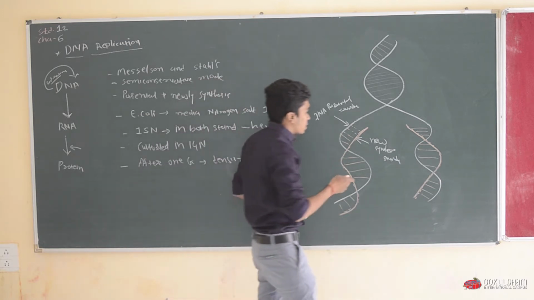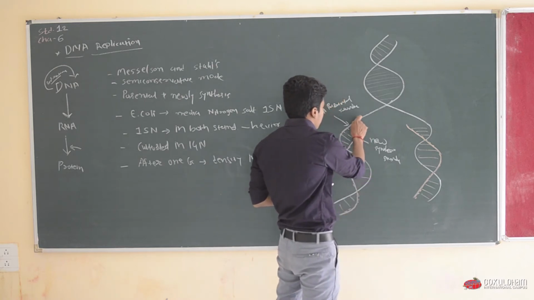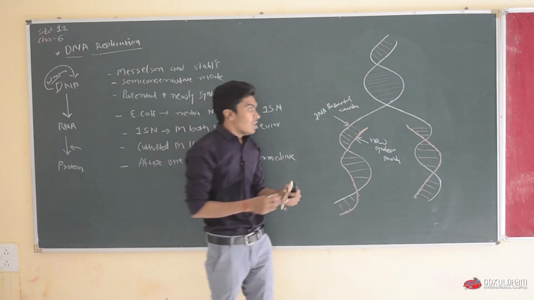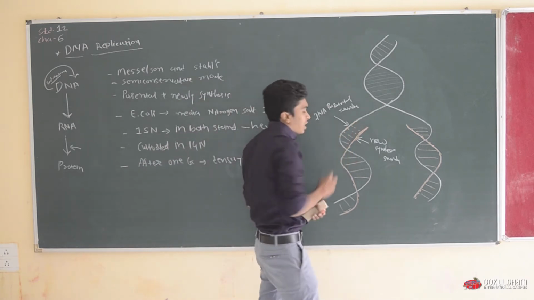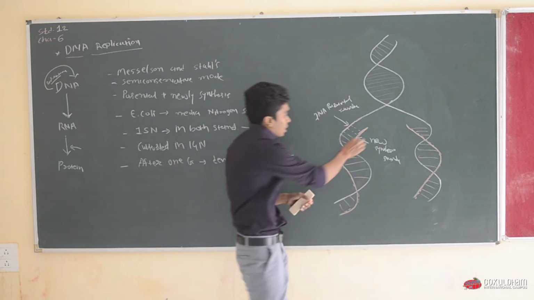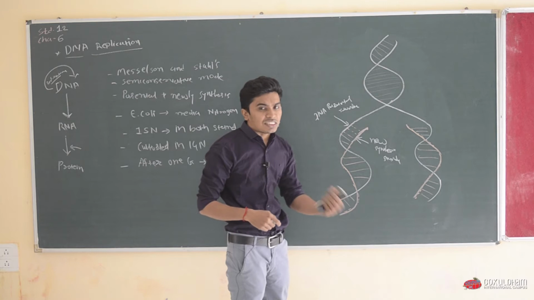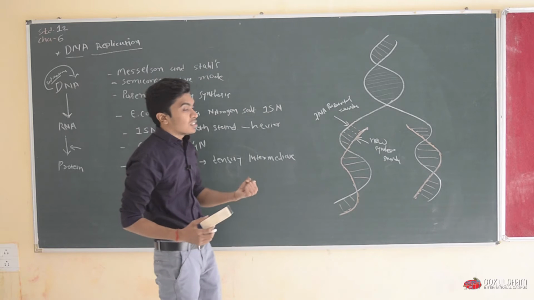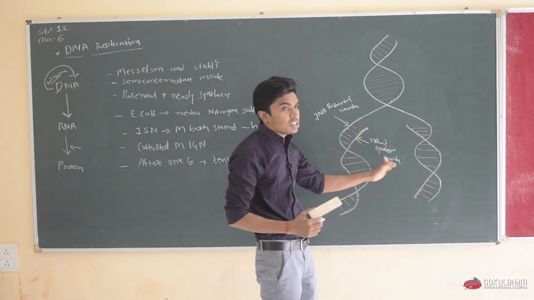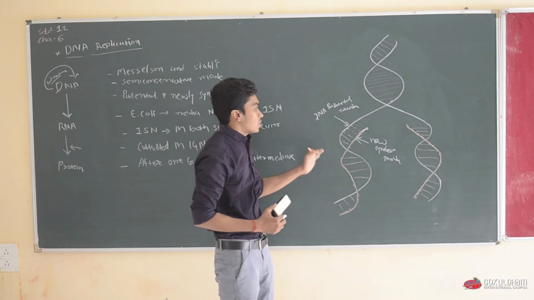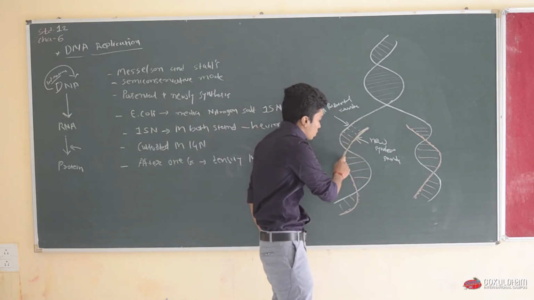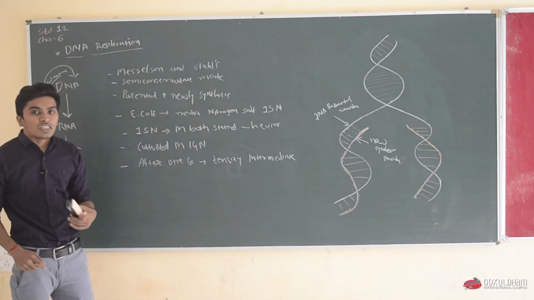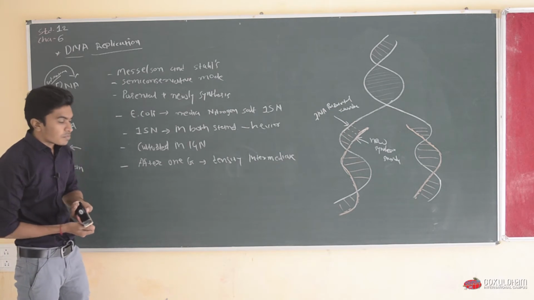What is the meaning of the semi-conservative mode of DNA replication? It means the DNA conserves itself semi, meaning only one strand is parental DNA and the other strand is a newly synthesized strand. Here you can see that the parent conserves its DNA in both strands, passes it to both strands, and both strands produce newly synthesized strands. So this is known as the semi-conservative method of DNA replication.